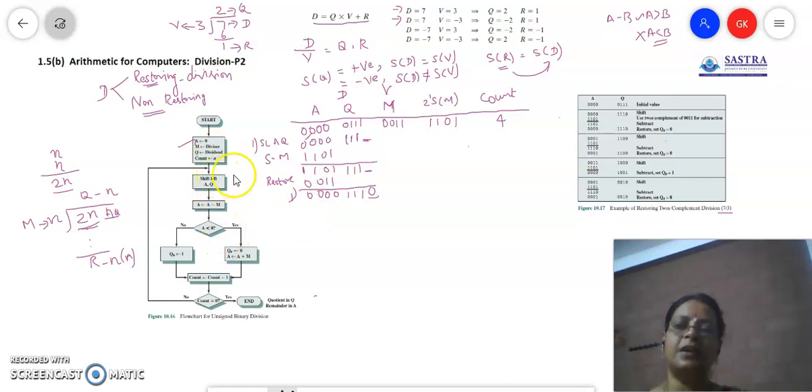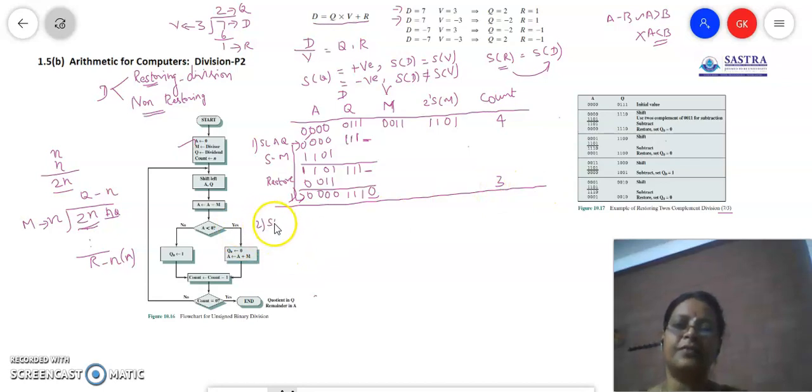As per the logic, we have shifted, we have subtracted, and we are comparing the A value. It is less than 0. So we come to this loop, Q0 is going to be set to 0, and then we are restoring back. So we just got back to the original number, the same value as before subtraction. So this is what we are doing after restoring. We are done with one bit, so we will decrement the count by 1, so it is going to be 3. Then we will proceed with the next step.